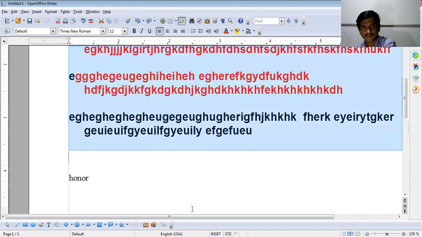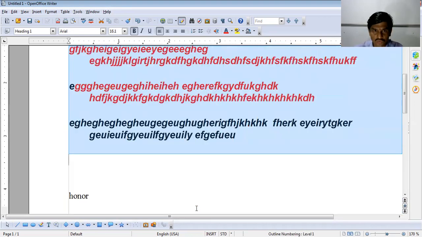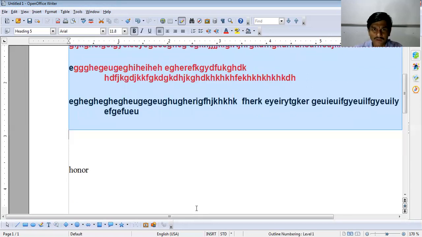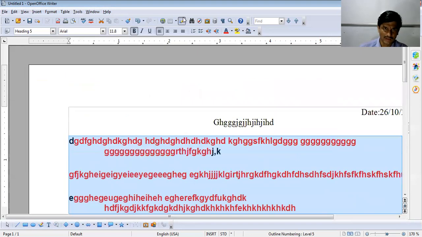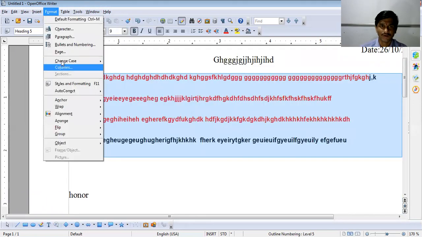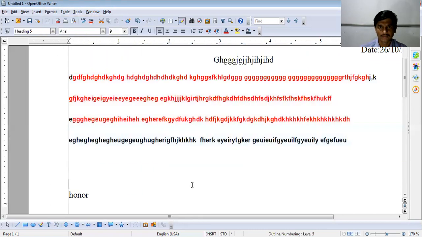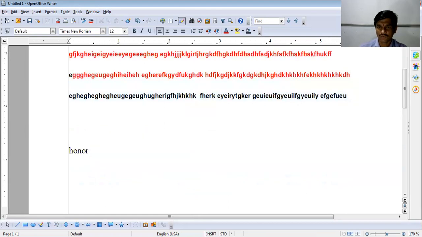Ctrl+1, see, single. Ctrl+2, double, and Ctrl+5, 1.5. Like this you can easily understand about the format and all these things. Okay, I hope you understood about this.